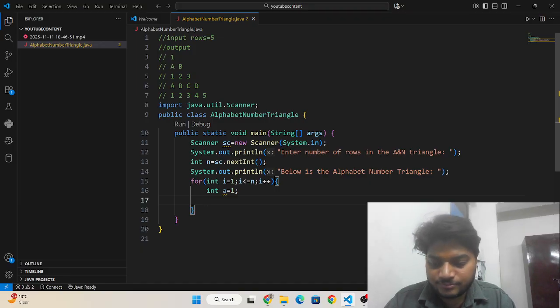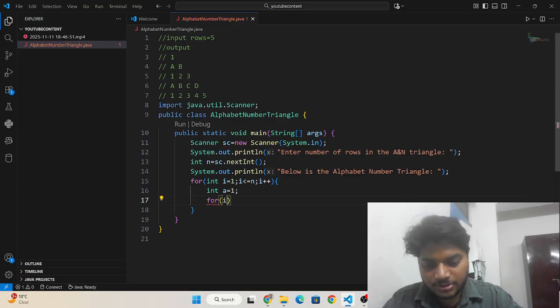Then another for loop: for int j = 1, j less than or equal to i, j++.